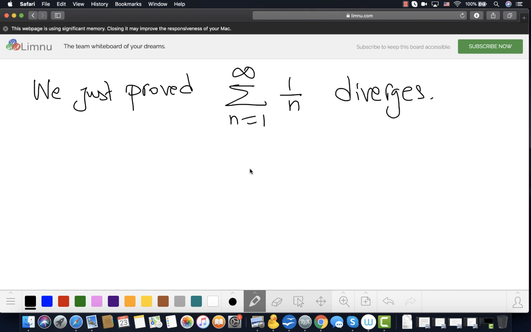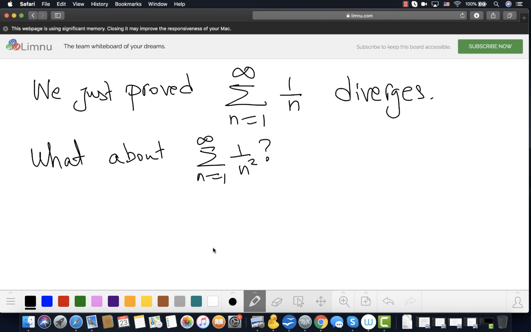Okay, but then it's very natural to ask about a similar series, right? So what about, for example, the sum as n goes from 1 to infinity of 1 over n squared? Does that converge or does that diverge? In other words, we're asking